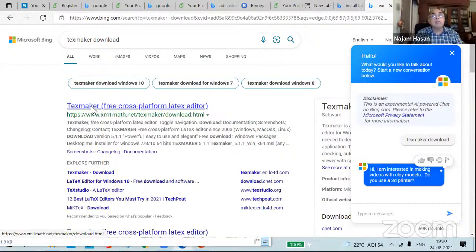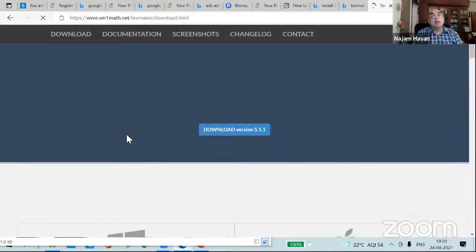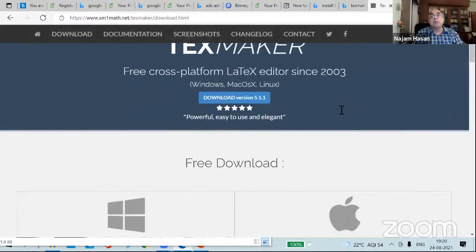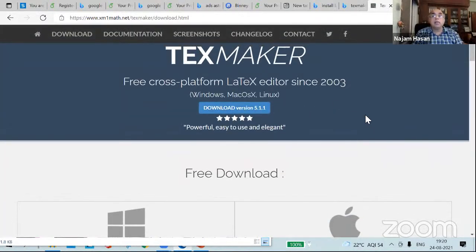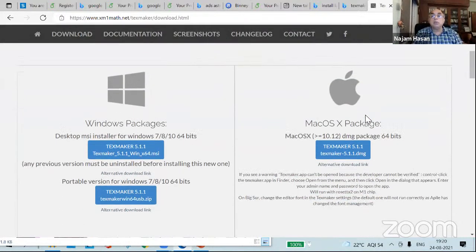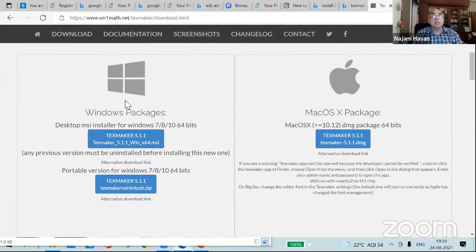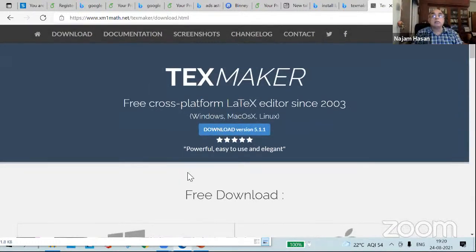So TeXmaker is again a free cross-platform tool. It runs on Windows, Mac, Linux, everything. And similarly, you download whichever version, Windows package, Mac or Linux one. Depending on whether you are using Red Hat or Ubuntu, you can even directly install with sudo apt-get install, and so on. And once it is done,